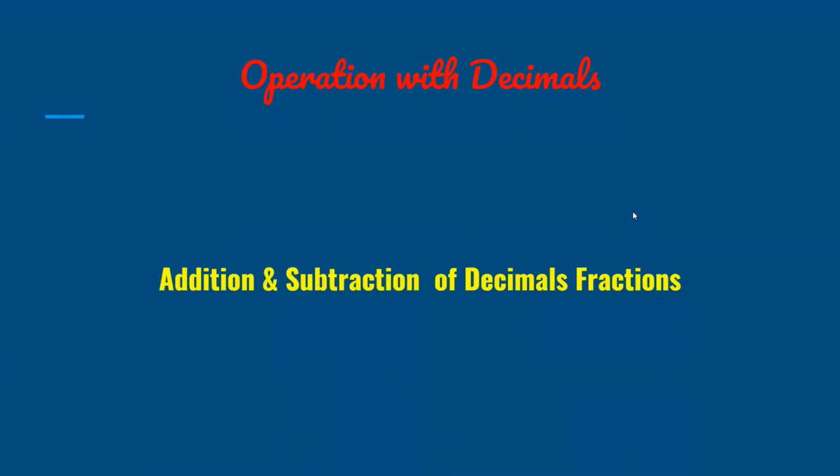We can do addition, subtraction, multiplication, and division of decimals. So let us study addition first of all. Let's see the rules which we have to follow for addition of decimals. Rule number 1 is to make sure that all the decimal points are in line. The first thing to remember is that all the digits should be in line. Ones will come under ones, tens under tens, and decimals under decimals.